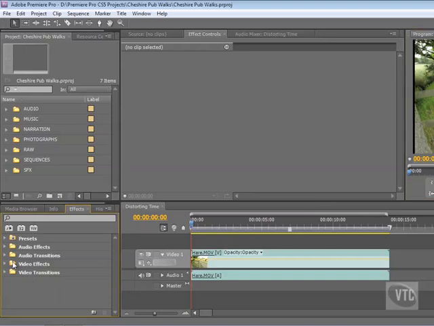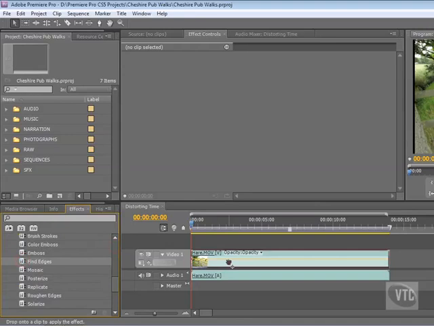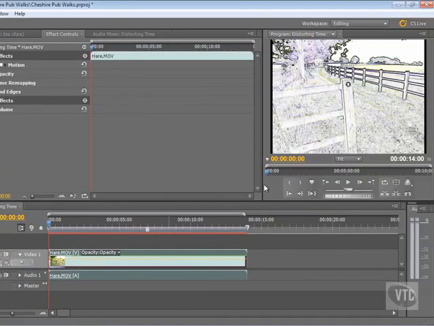So I'll just go to this video effects folder here. I'll nip down to Stylize. Where are we? There we go. Open that up and just get this Find Edges filter and drag that on top of the clip there. Now if you look at the program monitor, you can see the effect that this Find Edges filter has had already. And if you look in the timeline here, you'll see that I've now got this red line